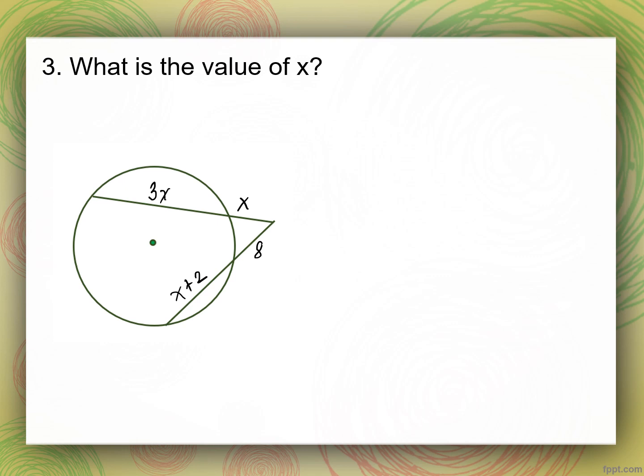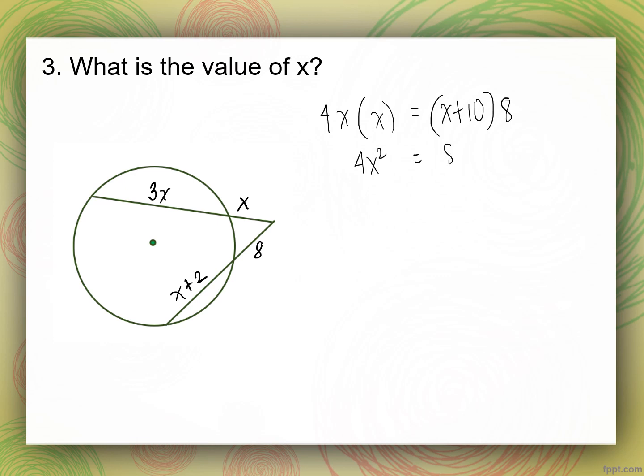So this one will be the total length of the segment. That would be 3x plus x is 4x, times the external segment, which is x. Now for the other one, the total length is x plus 2 plus 8, so that would be x plus 10, times the outer segment, which is 8. Okay, let's simplify. 4x times x is 4x squared, equal to, distribute 8 inside the parentheses,